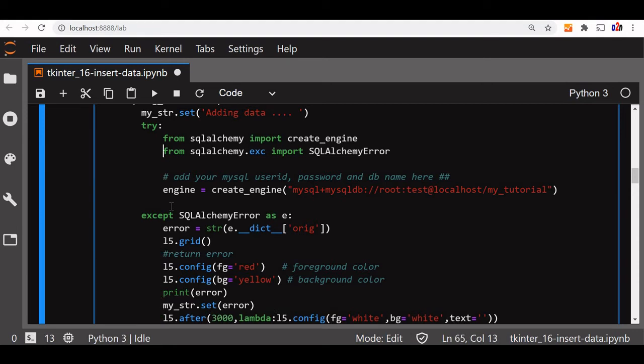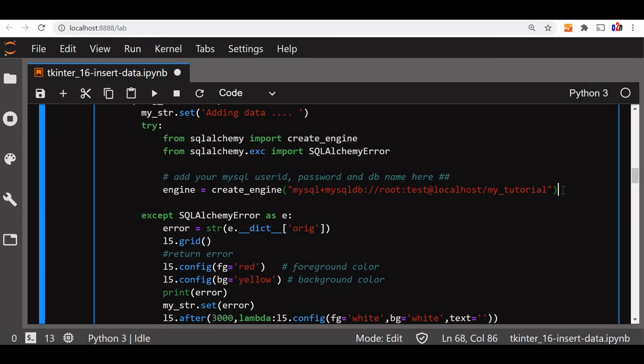You can see here we are just importing the engine and the error message we want to display, and here is my connection string. This is the important part. In this you have to change your own user ID and password to your MySQL database. This is my user ID, password. You can go for a complex password. This is in my local machine only. This is my DB name. You can see our previous videos on this, how to connect and how to use the MySQL database.